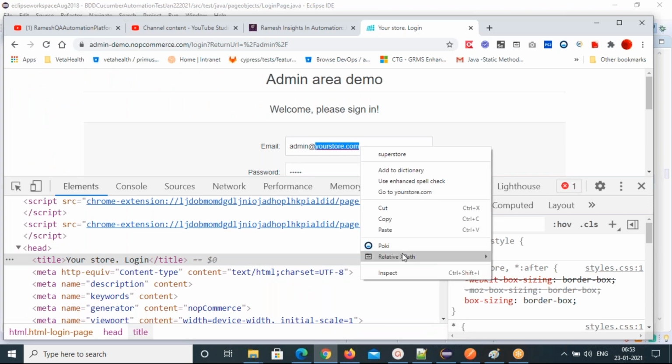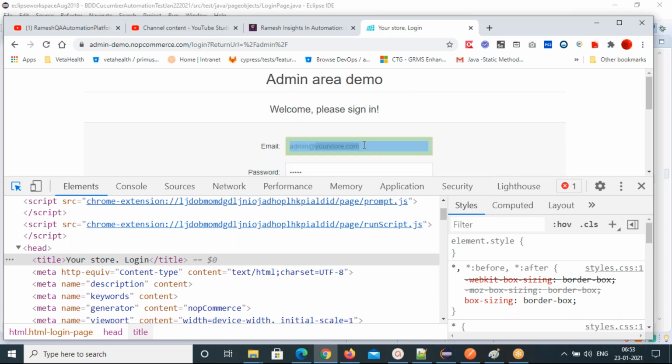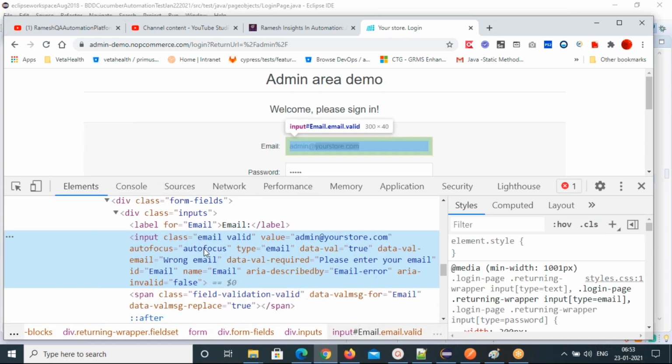Right click, relative XPath I'll take. We have an ID, so directly you can take the ID, no need to go and take XPath. Where is this ID? This is the ID.